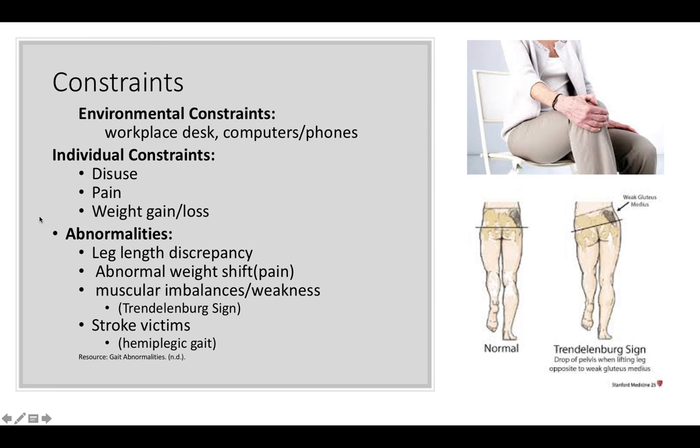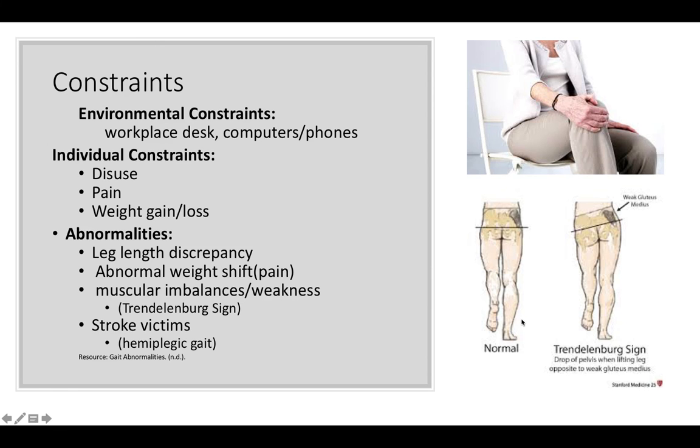Weight gain or weight loss could also affect lean muscle mass and gait as well. Abnormalities, we could see many and varied, but leg length discrepancy, abnormal weight shift due to pain. We could also see muscular imbalances and weaknesses, and one common one is the Trendelenburg sign, which you see here